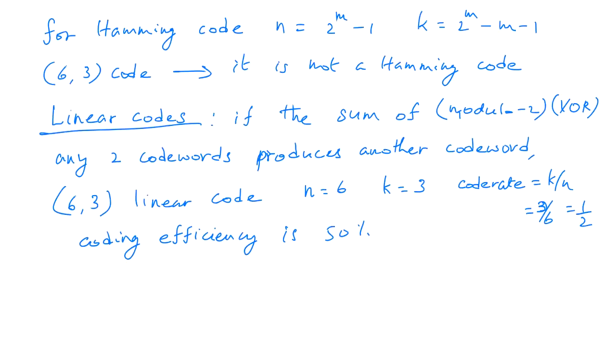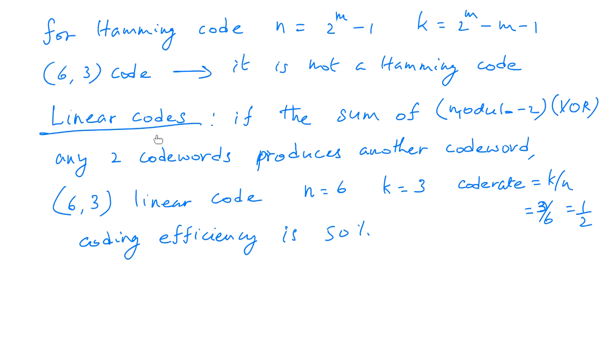Coding efficiency is 50%, right? So we are going to discuss the 6-3 linear code today, and because the value of n and k in the case of 6-3 does not satisfy the criteria, the formula for the Hamming code, it's not a Hamming code. Okay, so the first definition we have seen today is linear code, and we have already seen